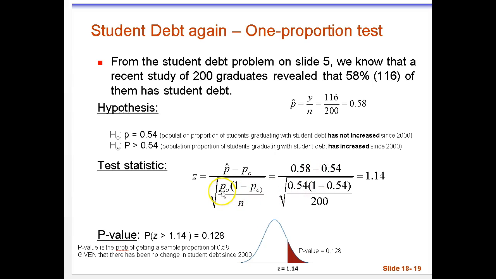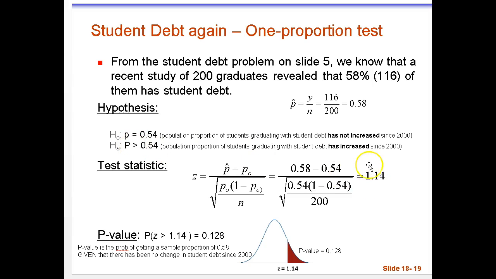And also take note that in the bottom of this calculation, the P naught here is the number that appears in our statement of hypothesis. So this P value right here should be 0.54 and not 0.58. Okay, we plug this in. We know 200 students were surveyed, and we get a test statistic, which in this case is a z-score of 1.14. And what we really want to know is what is the probability of getting a test statistic of 1.14